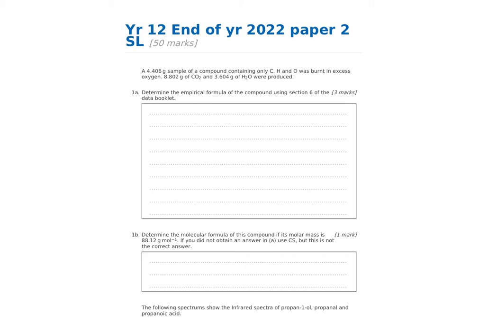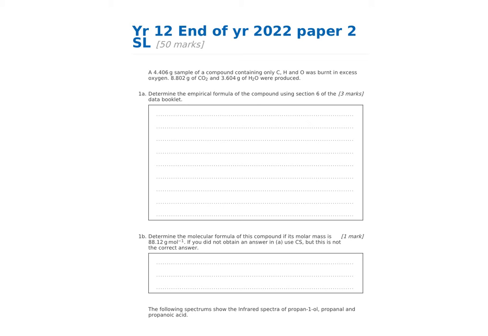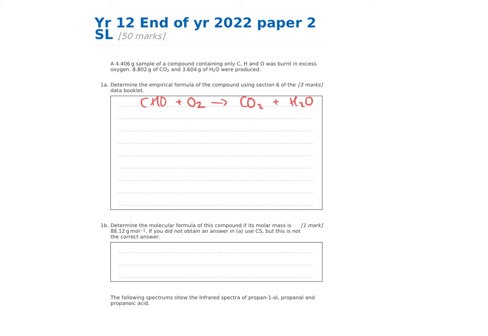So we have something with C, H, N, O in it. And if it's burnt in excess oxygen, it's going to react with oxygen to make CO2 and H2O. And obviously we don't know those molar ratios. So we know the mass of CO2 is 8.802 and water is 3.604, and it says the sample is 4.406. So we can work out how many moles of CO2 and H2O there are, and that ratio between those